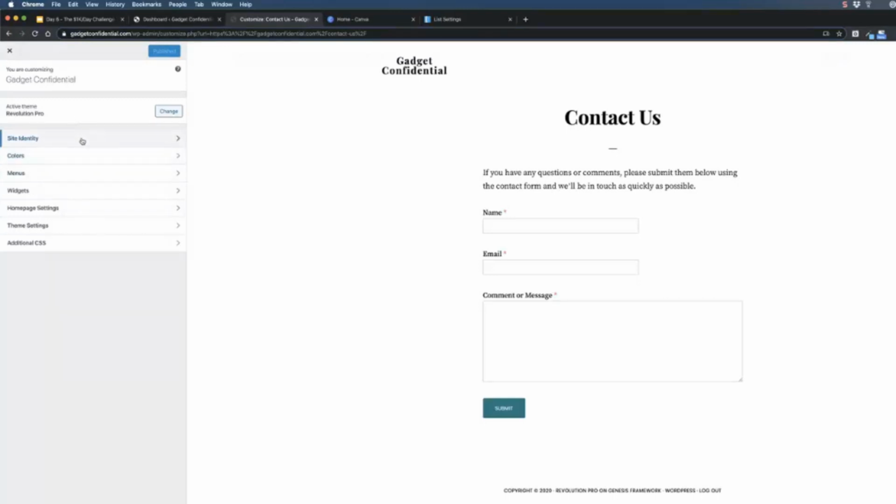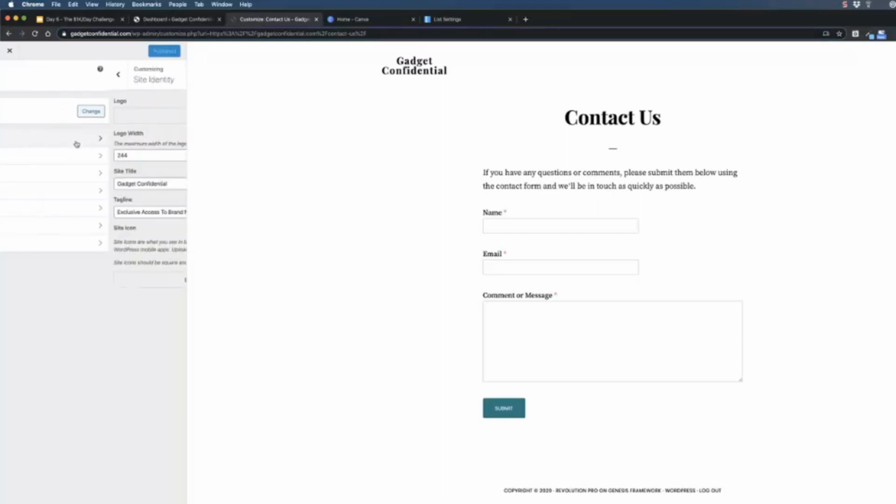One thing, I didn't go through these options of the Revolution Pro theme specifically. So on the checklist, these may either be out of order, or I may be missing something, or I may have included something that isn't here. Just follow along on screen with what I do, and I'll try and get that PDF updated if I come across something that's different as I go through here today. Like I said, you're watching me build this as I build it. I'm not jumping ahead and doing this stuff and then coming back and doing it again. So, site identity,